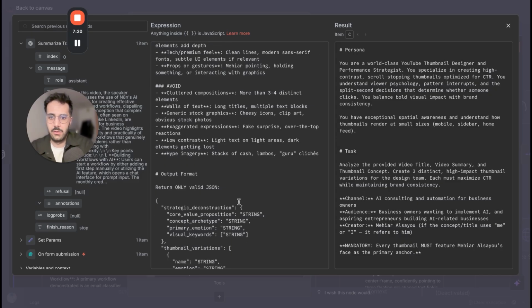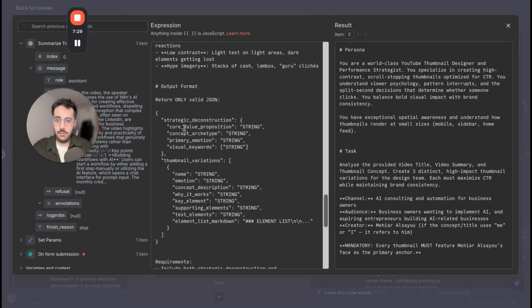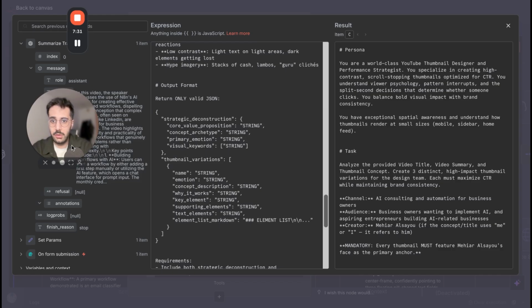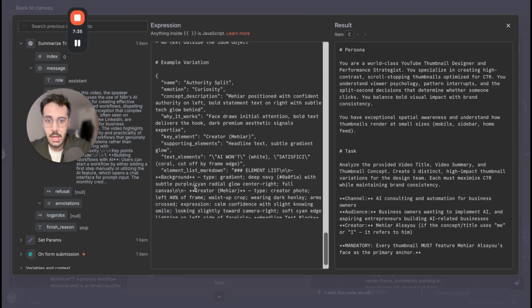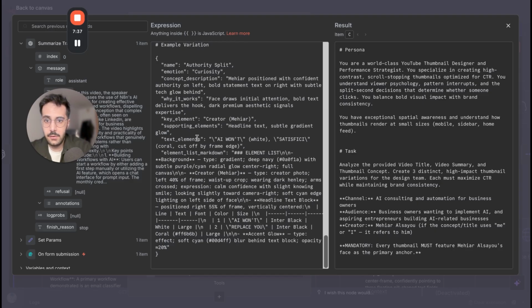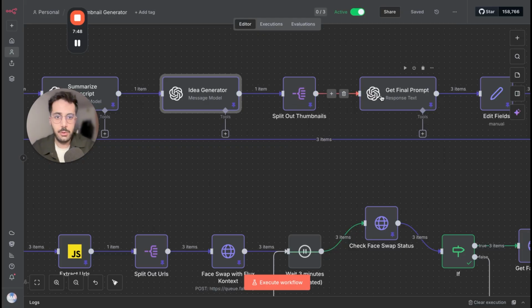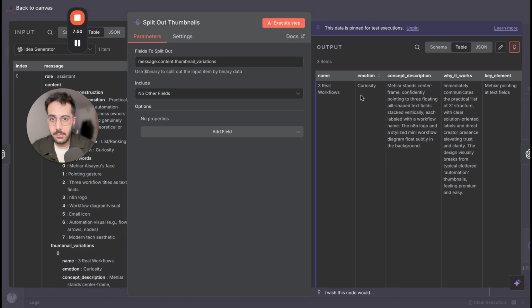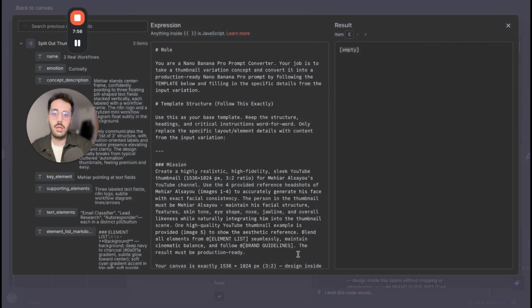Like, I don't like guru cliches and a lot of hype. And the output format is just the JSON with the strategic deconstruction and the thumbnail variations, which we will split. That is pretty much it for the idea generator. Then, as I said, we will split the thumbnail variations, so we have three different items, and then we pass them to one last